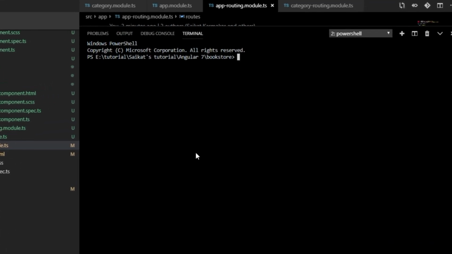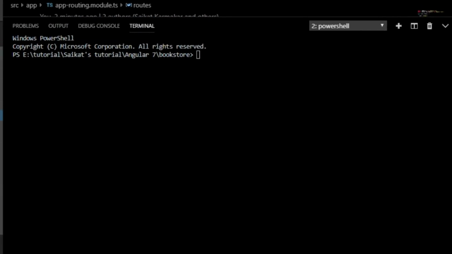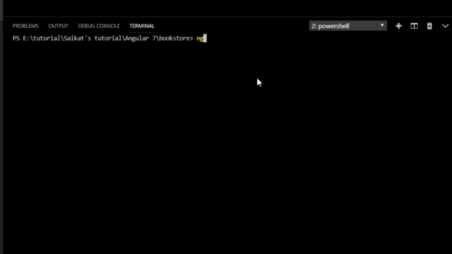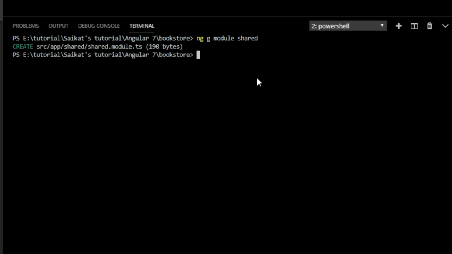I will create a shared module first. ng module shared. Our shared module is created, but we don't need to inject into AppModule. It will be imported on demand per feature module. Under this shared module, we have to create a component